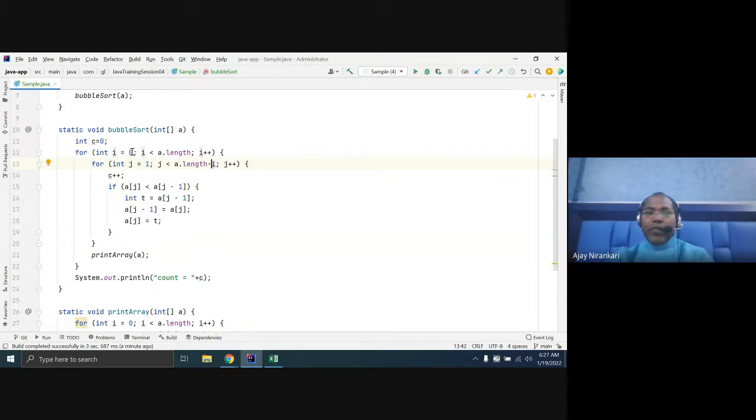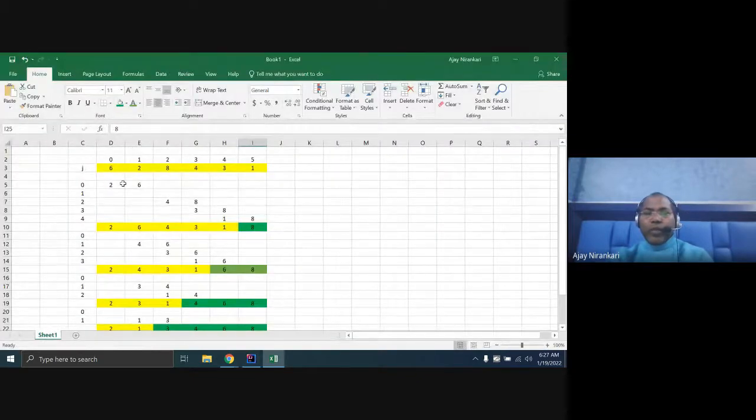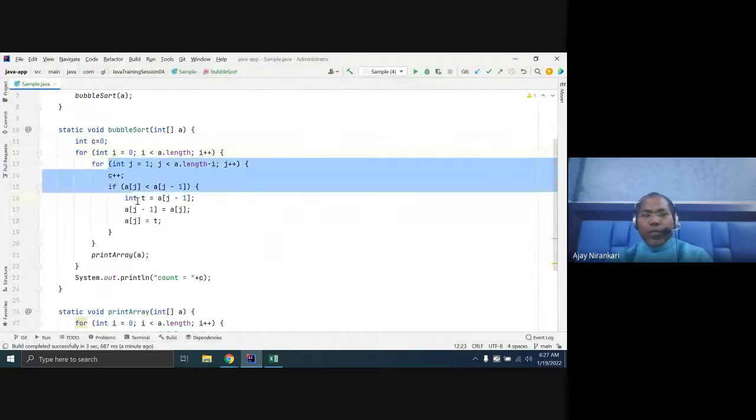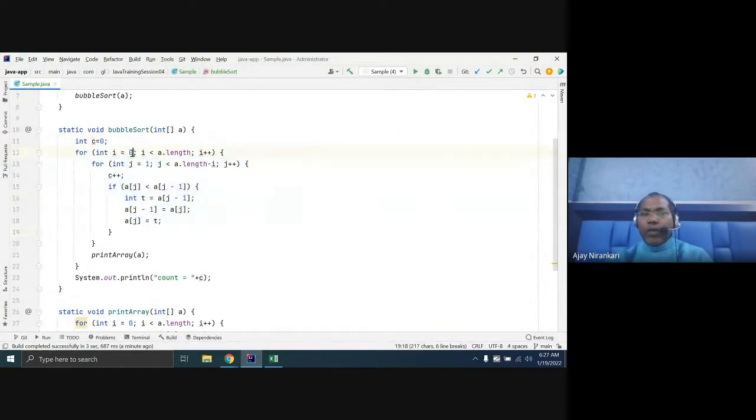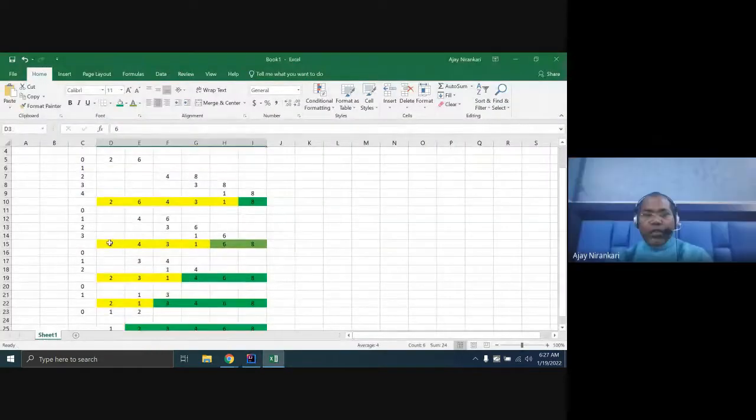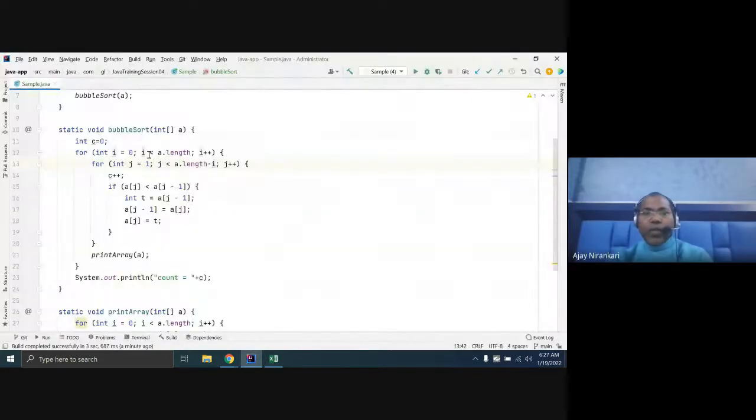Because the first time i is 0, which means you have to run the whole length. The second time you run the loop, i becomes 1, that means length minus 1. The third time i becomes 2, minus 2. So I am subtracting i: 0, 1, 2, 3, 4. Similarly, the inner length should be minus i.